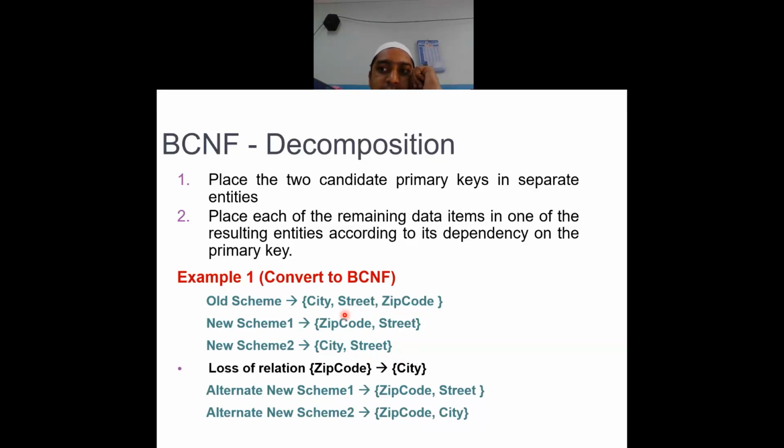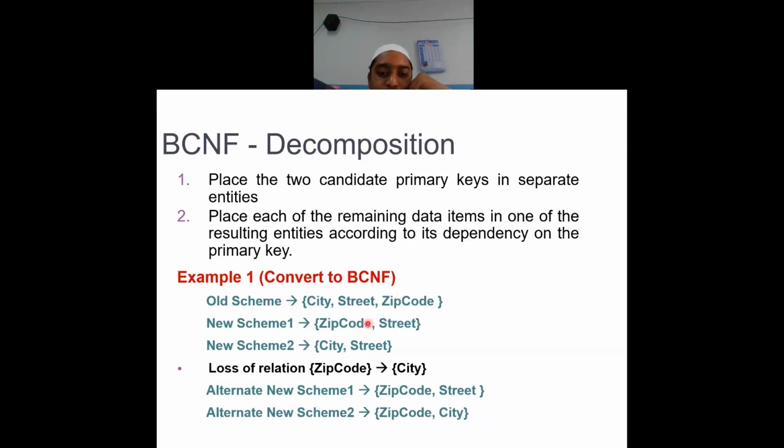Why I'm saying it is more appropriate is because in both cases, it gives me the street along with the zip code, and the street along with the city. Do remember, zip code is given for a particular city. City is determined using the zip codes. It's not pin code. It is as per the US standards. In the US, for each city, there will be one single zip code. Okay.